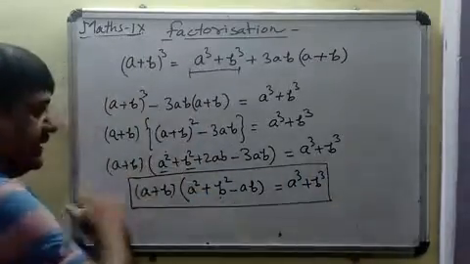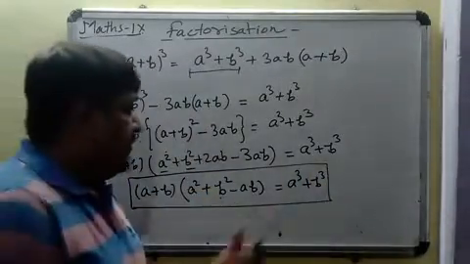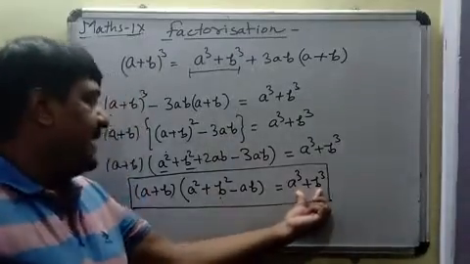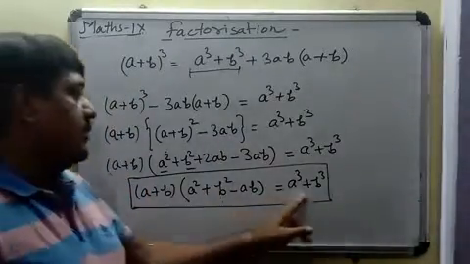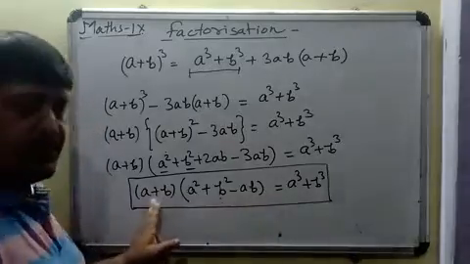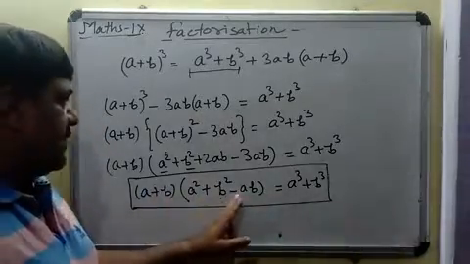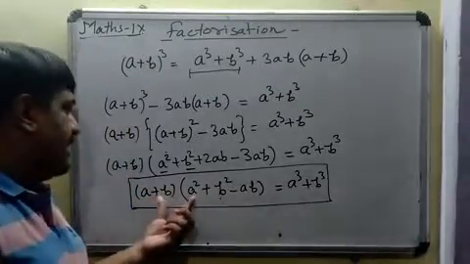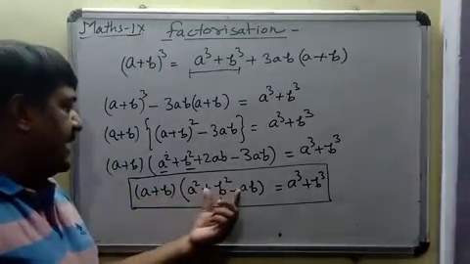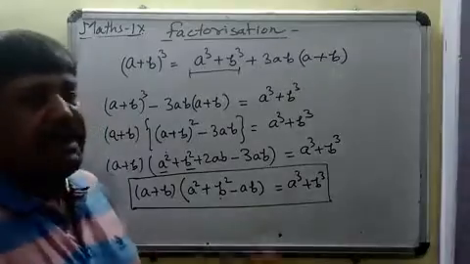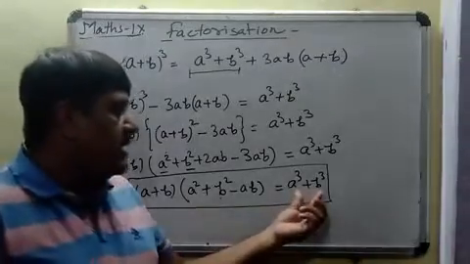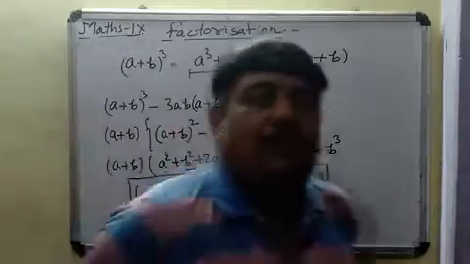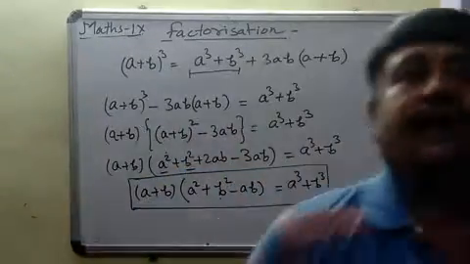for both sides. If we are given this step, we have to expand it like this: a cube plus b cube equals (a + b) in the first bracket, a square plus b square minus ab in the second bracket. And if we are given (a + b) in the bracket (a square plus b square minus ab), then we have to convert it into the form of a cube plus b cube. So this is the first formula we are going to use in this particular exercise.